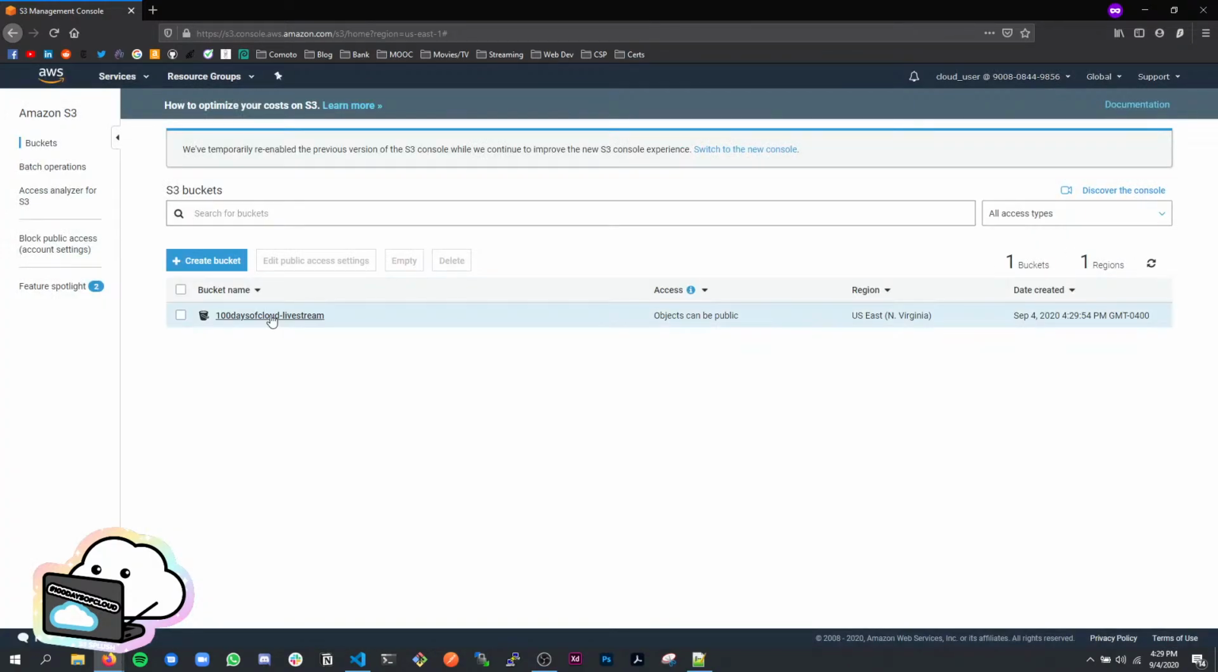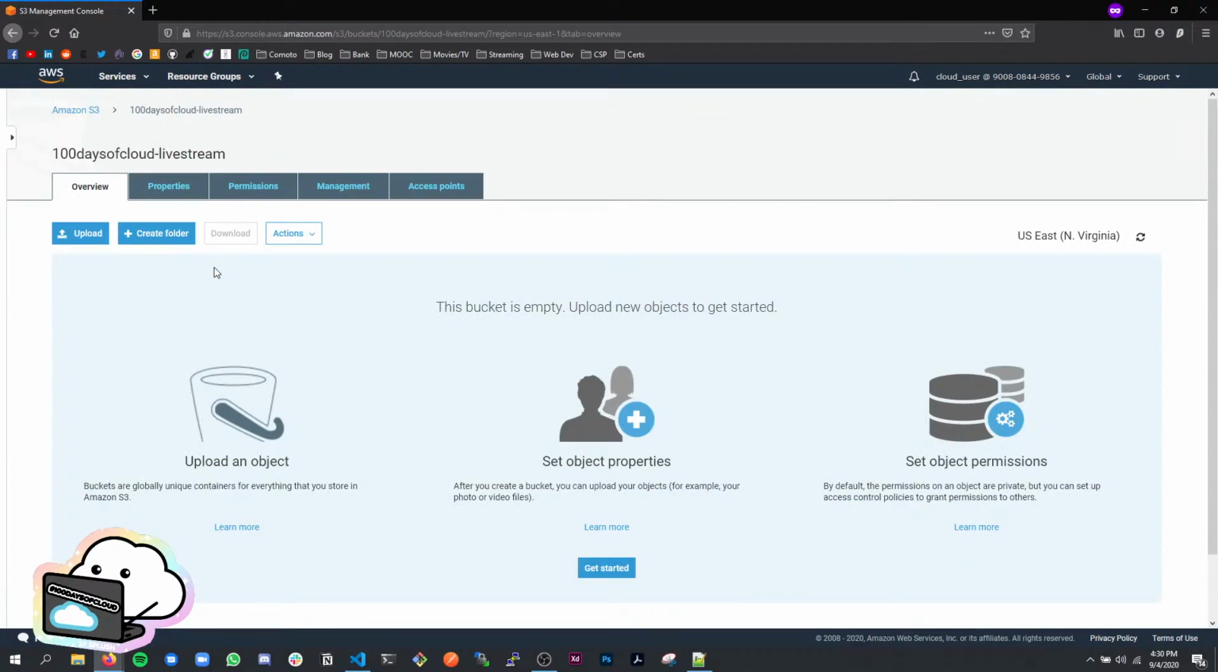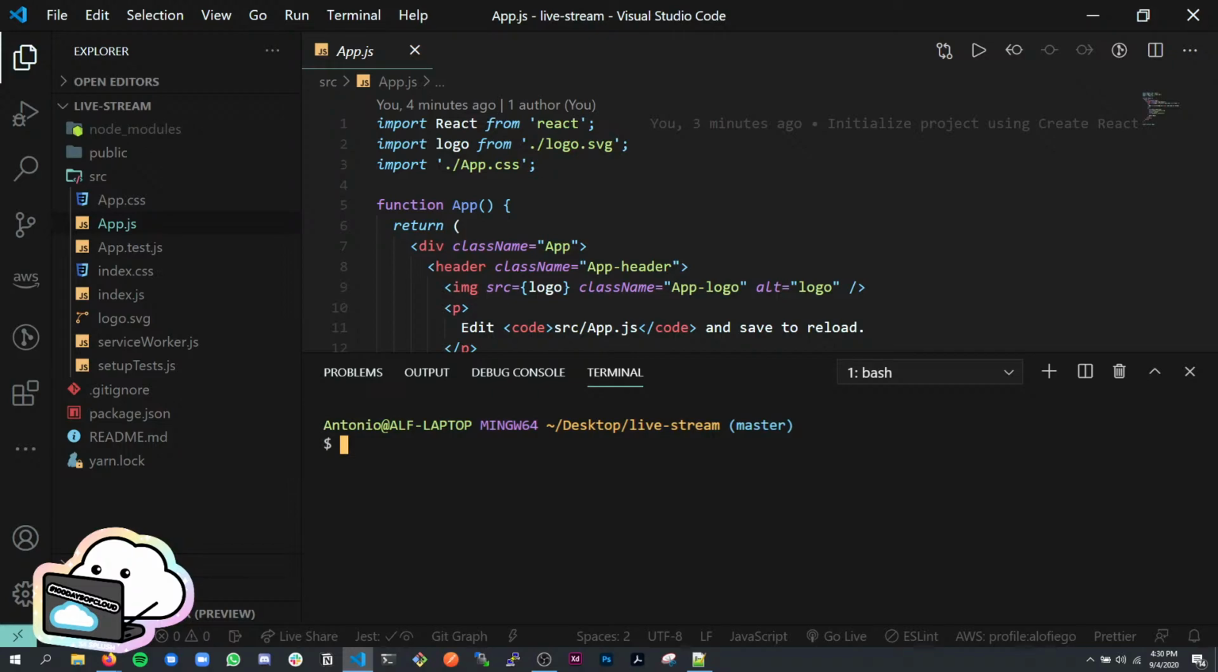So now we have this 100 Days of Cloud live stream bucket. The next thing we could do is just drop in the files if we created a version of our website. If we were to go back to our VS Code and type yarn build, that would work. I'm gonna show you. We can run yarn build, and it will run the script to create a static version